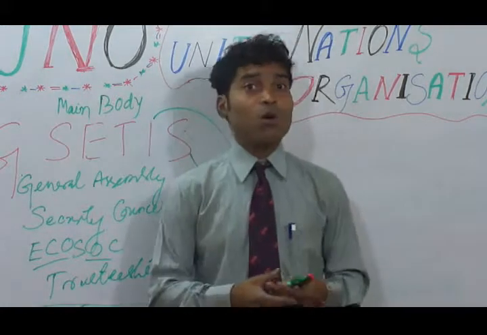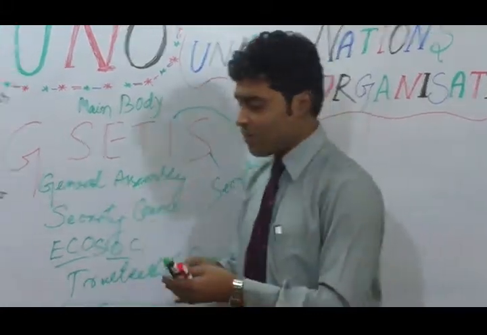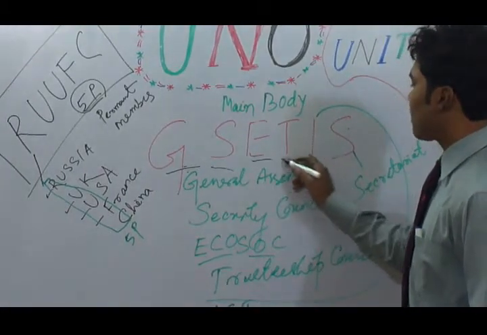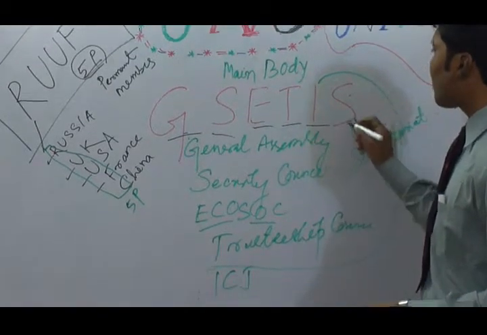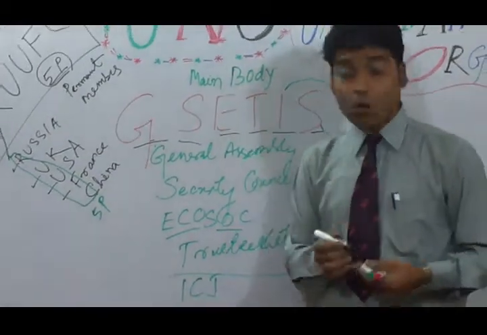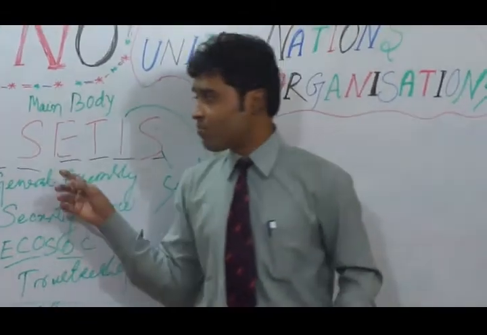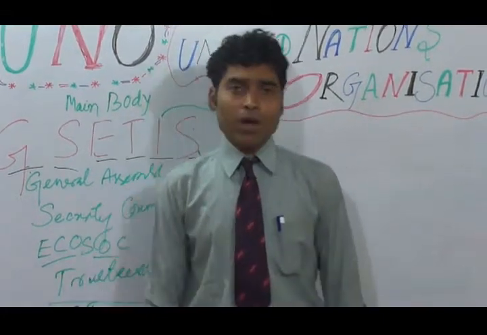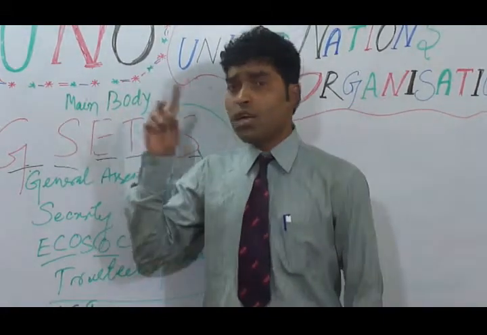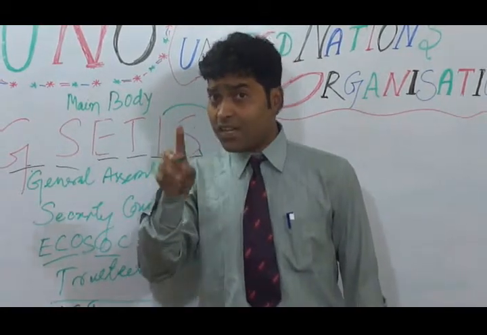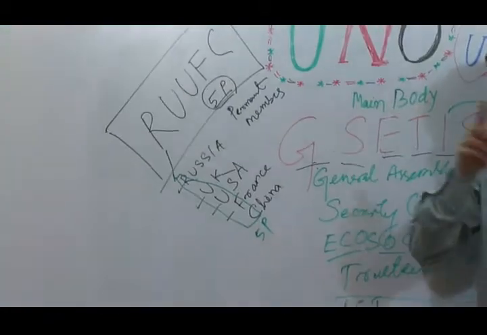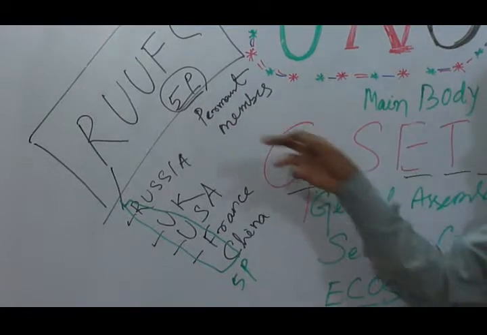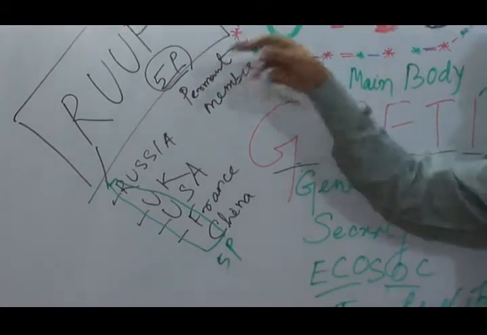So let's recapitulate all those things in this magic G-sheet. G-sheet means General Assembly, Security Council, Economic Social Council, Trusteeship Council, International Court of Justice, and this one is the Secretariat. So dear friends, we have discussed all the major organs of this United Nations Organization. For your clarification, I will tell one important thing, that please remember this acronym, Group C, that is 5P, 5 permanent members, your Russia, United States of America, United Kingdom, and F is your France, and C is your China, right? And another important thing is that,